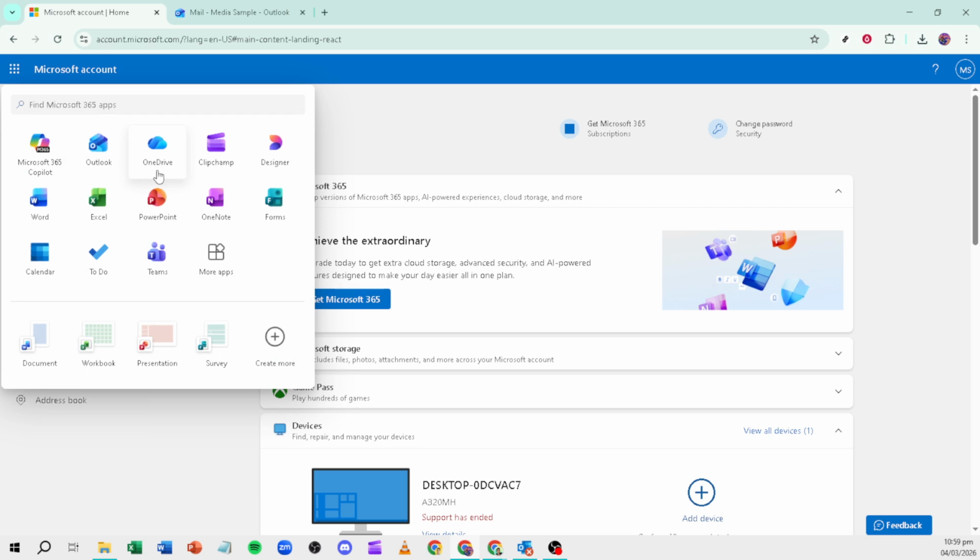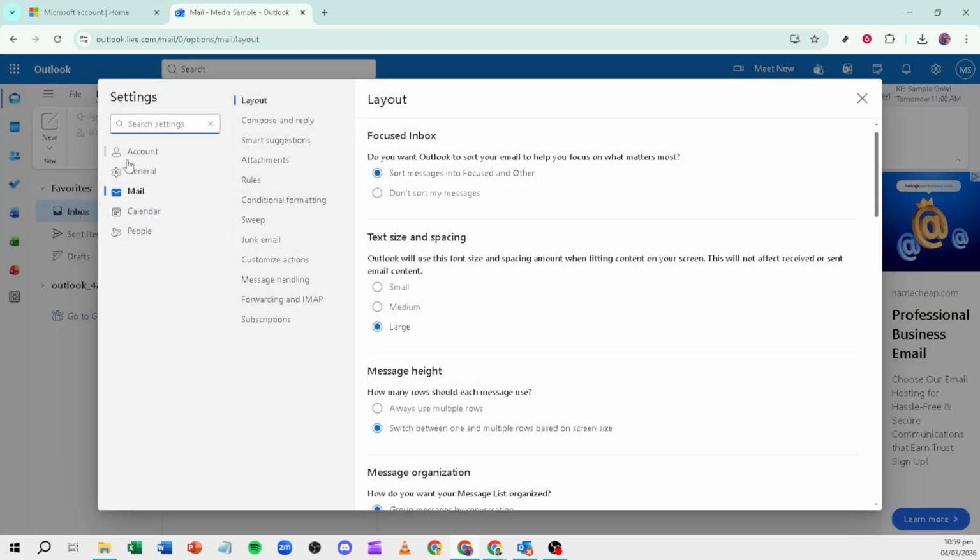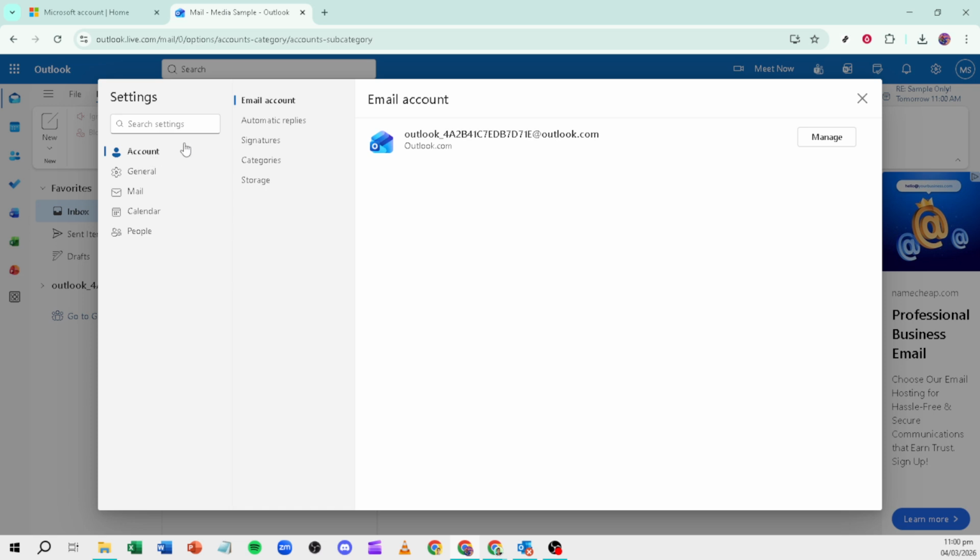First, open Outlook on the web and sign in. Once your inbox loads, look to the upper right corner and click the settings gear icon. This opens a quick settings panel. If your screen looks a little different, don't worry. Outlook updates its interface from time to time. You can always use the search box at the top of the settings panel and type signature to jump straight